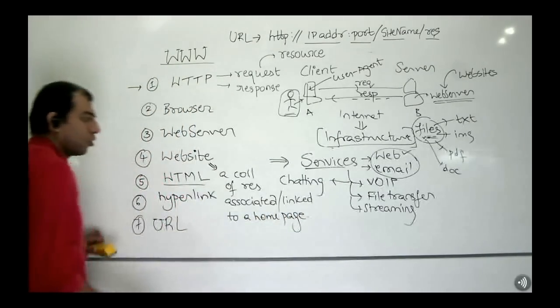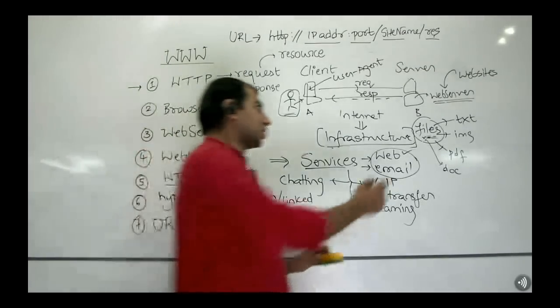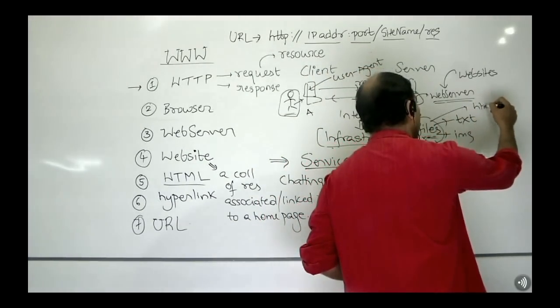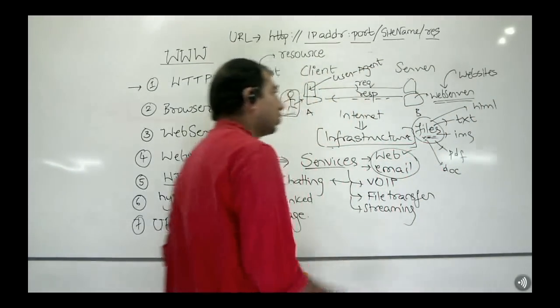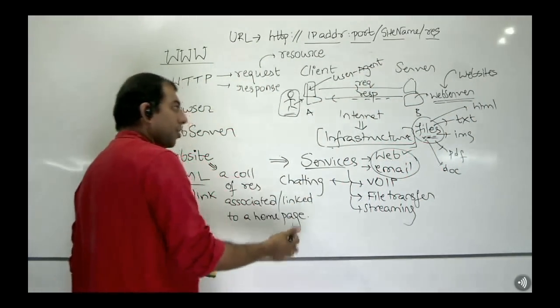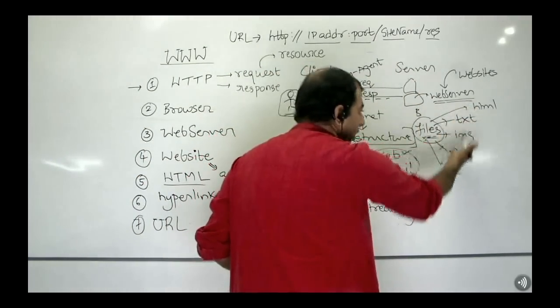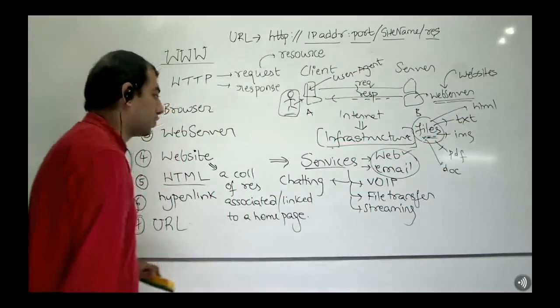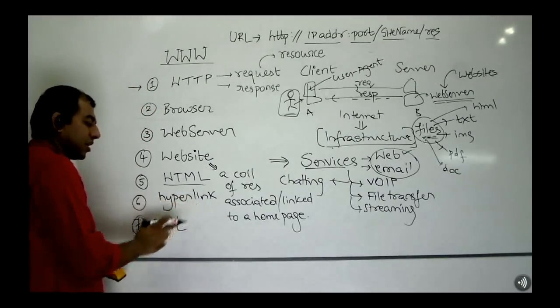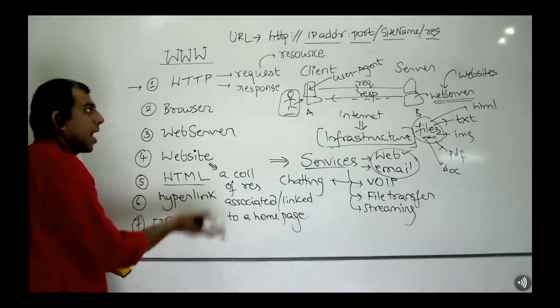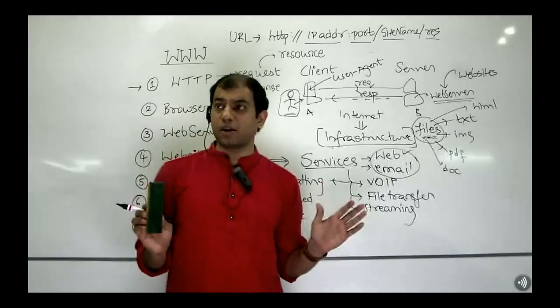Right? There could be any number of home pages. So what could also be files are HTML files. One HTML file can be connected to another HTML file. Each HTML file can be linked with any of the different types of files and resources, all connected through hyperlinks and URLs, right?